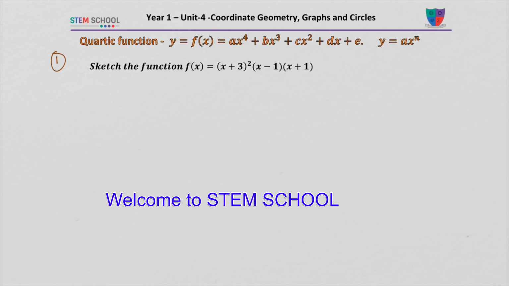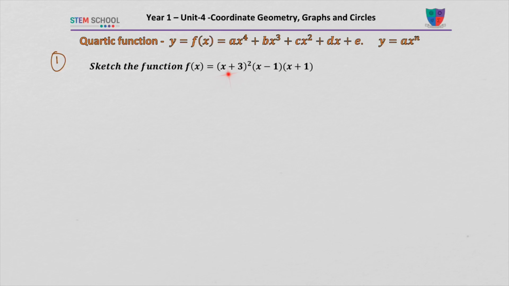Quartic function, question 1. Sketch the function. This function has 4 factors because the degree of the polynomial is 4, and it will have 3 turning points. We can rewrite the factors here by saying x plus 3,